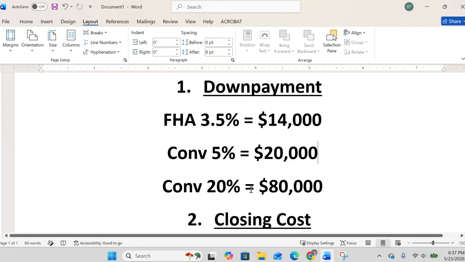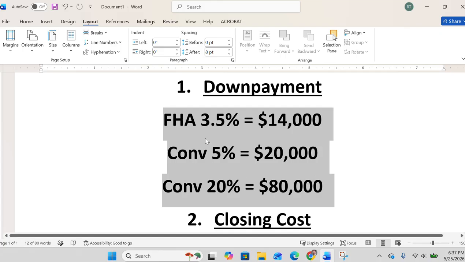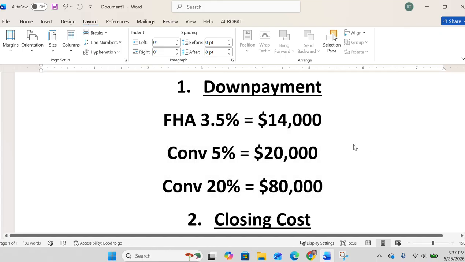Now, depending on the condition of the house, the less work the house needs as far as health and safety, the easier it is to buy, meaning we could put a lower down payment on it. The more work the house needs, the more the bank may require as a down payment. They're all going to vary from property to property. So sometimes you'll want to use the FHA and sometimes you can't, so you'll have to maybe use one of the conventional options. But for this example, let's assume we could use the FHA